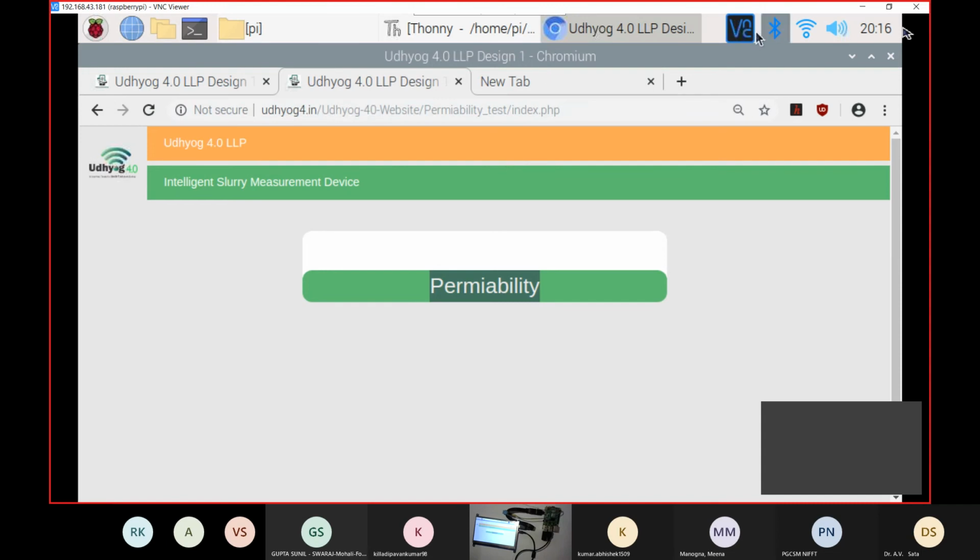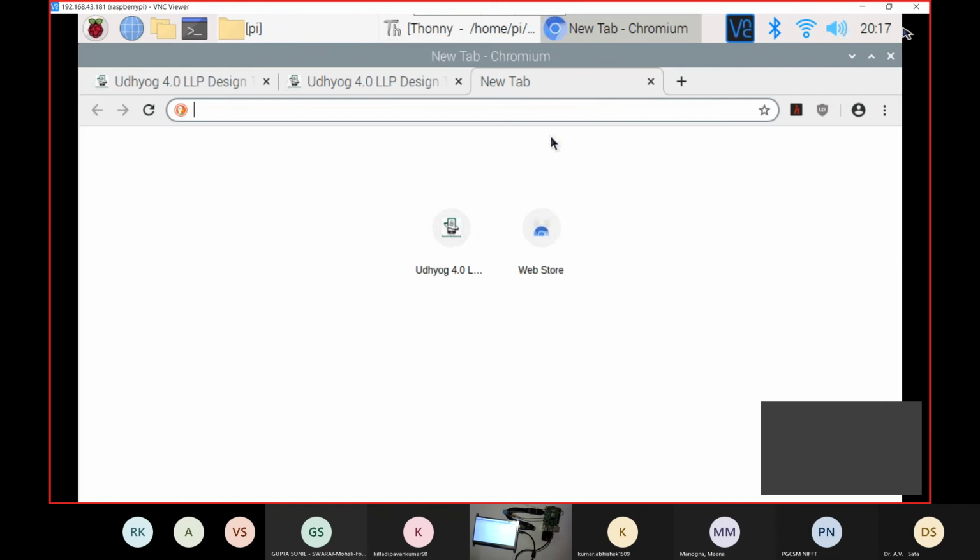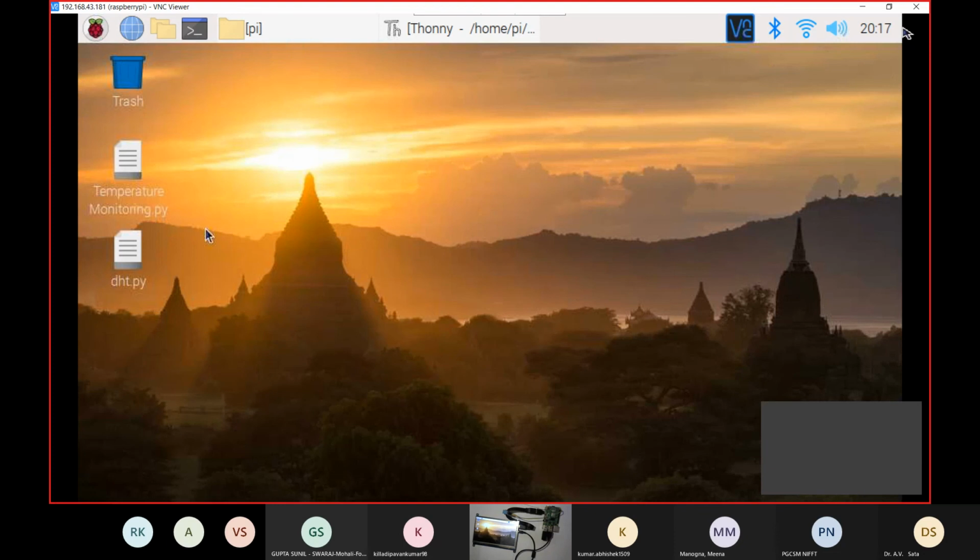You can connect it with Bluetooth from there. There is this Wi-Fi functionality; we can connect it with Wi-Fi. We can use these sound functions to use the sound capacity. The Chromium web browser will allow us to connect with any of the web pages.